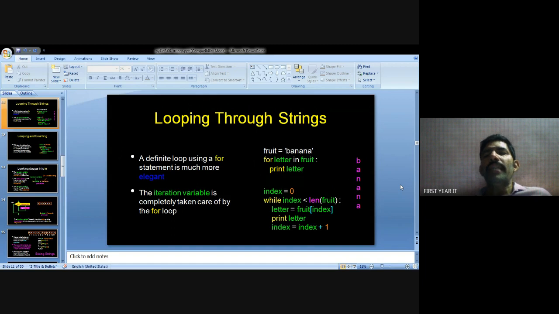That is the increment operator. So the index value before was 0, and now the index value changes to 1. 1 less than 6, again the condition is true, so execute the statement. Again the index is incremented: 2 less than 6, 3 less than 6, 4 less than 6, and 5 less than 6, that is true. Finally 6 less than 6 means the condition is false. So this is called the while loop statement.